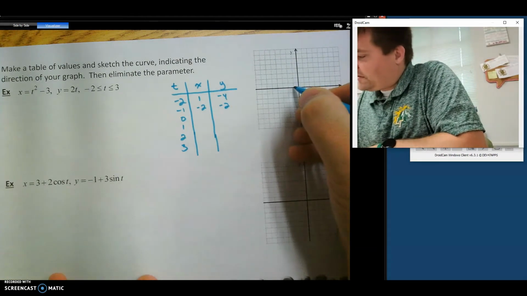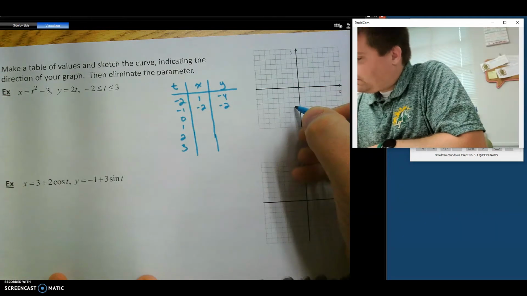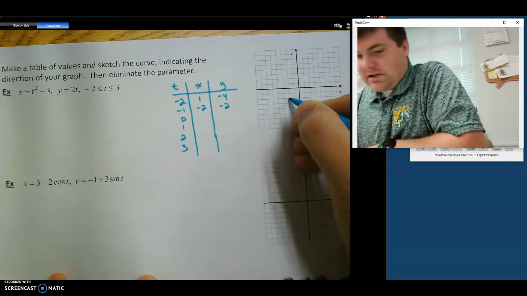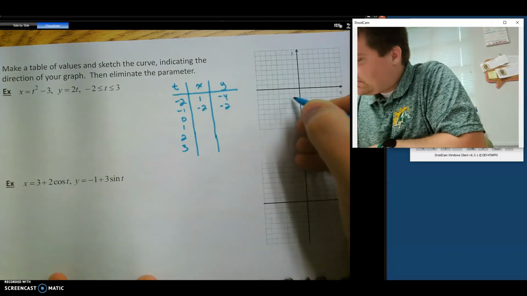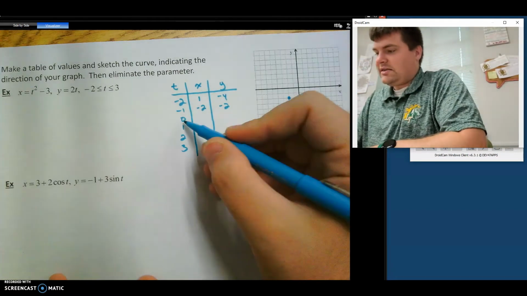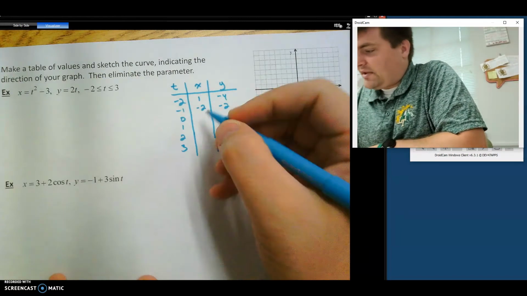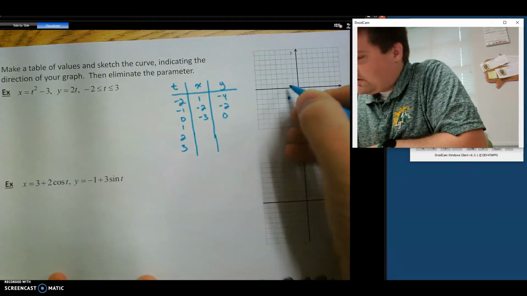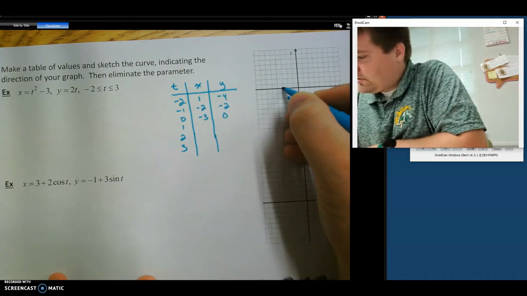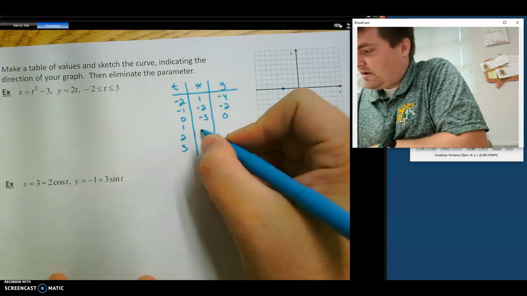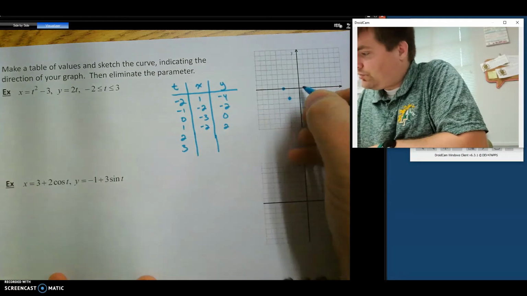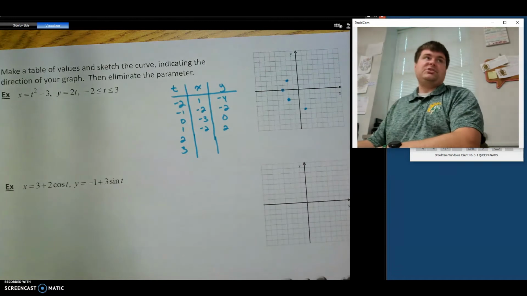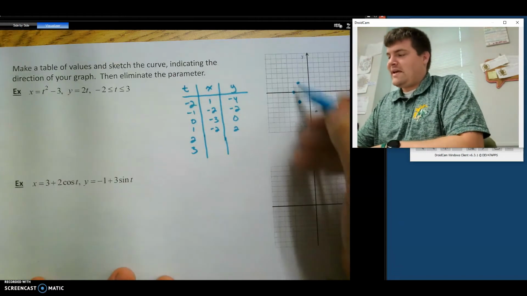So I forgot to sketch these along the way. So 1, -4, -2, -2. And then if I plug in a t equals 0, I'm going to get -3, 0. Plug in a 1, I'm going to get -2, 2. As you can see, this is not a function, because we're going to have the same